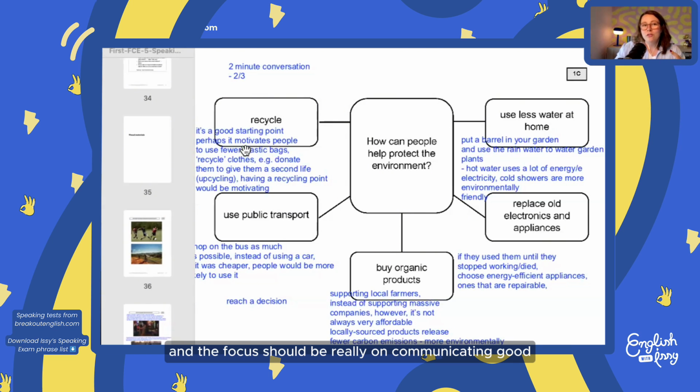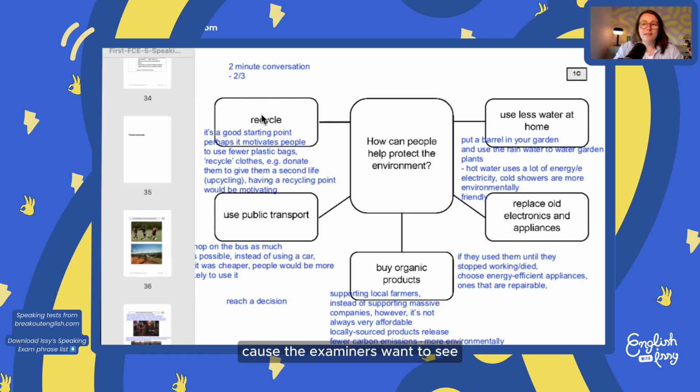communicating good, intelligent points about these topics, because the examiners want to see, does Collin know his vocabulary on recycling? Can Michaela talk about public transport and how it's related to the environment? But they also want to see that you are really listening to each other. If you just say random things, or you say, I agree, and then you talk about something else, you're not going to get those interactive communication points because you're not really engaging with your partner. So make sure you listen to what they say, and your response makes logical sense when you're saying what you say, okay?